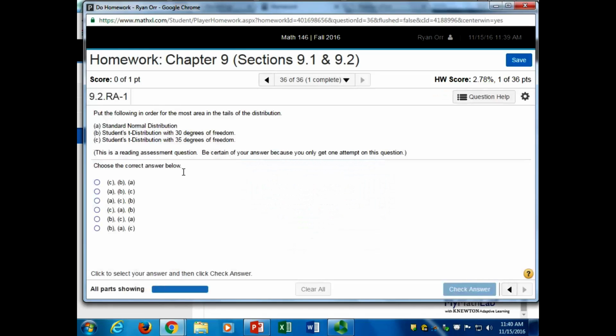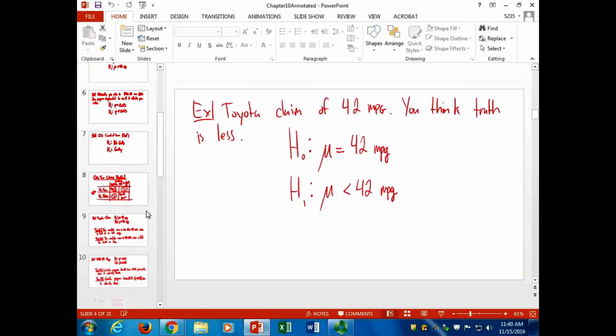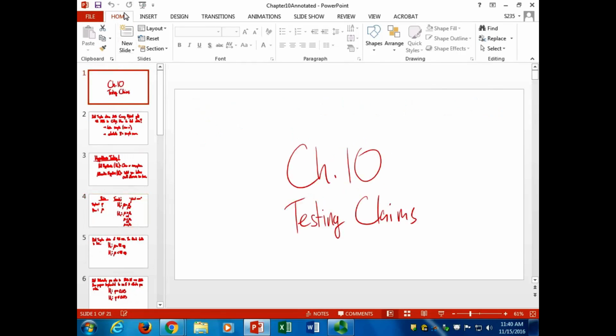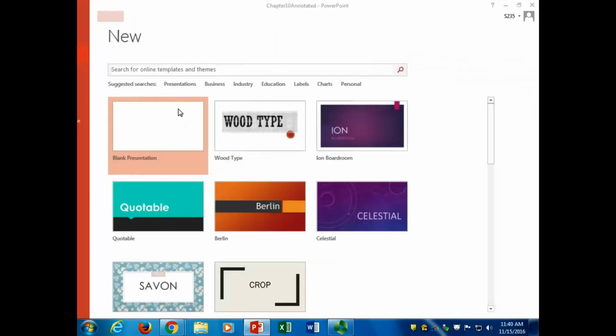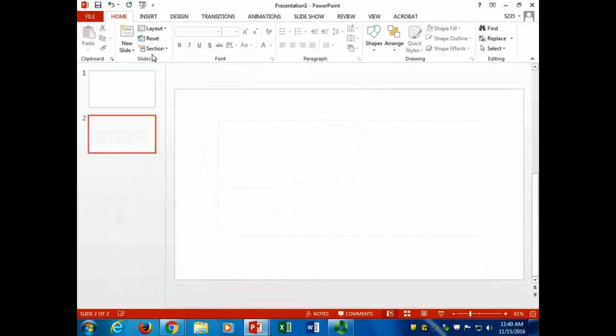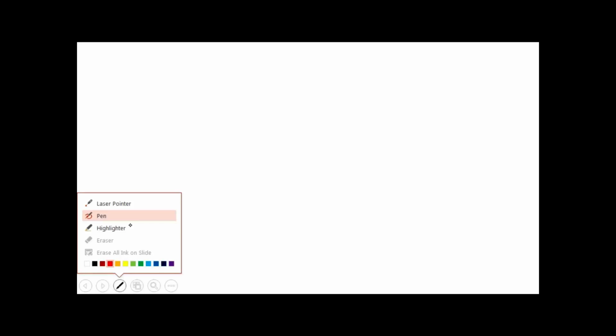Okay, so this is like one of the only ones that will never let you do it. So this one's saying put them with the following in the order with the most. So I'm just going to draw you a picture. I'm going to let you figure it out. I don't want to give you the answer outright. But here's the way it works. So typically you start out, whoa, I did not pick my pen apparently, or I unpicked my pen. Right? So you have a normal distribution,